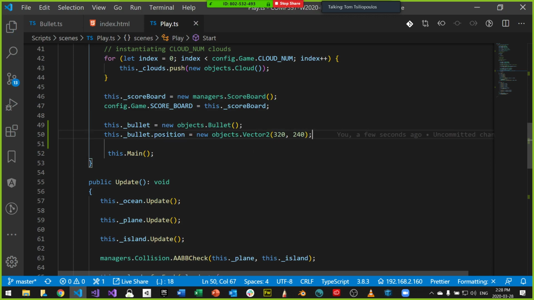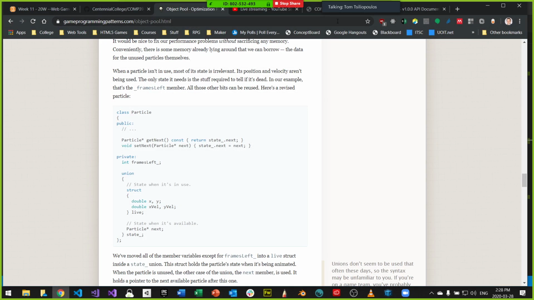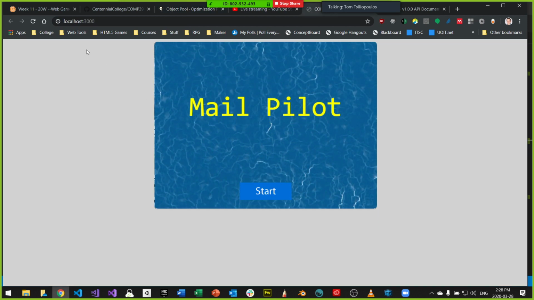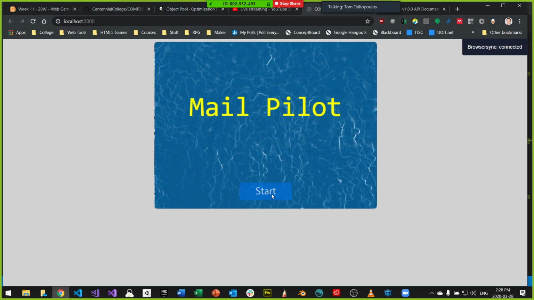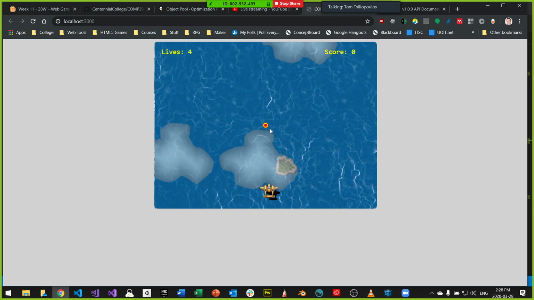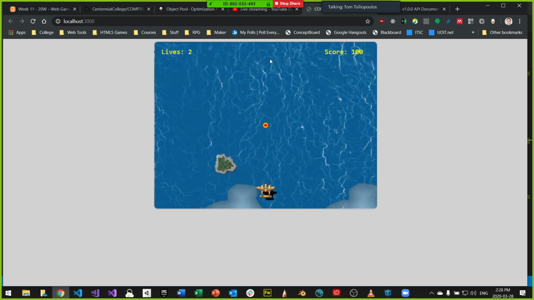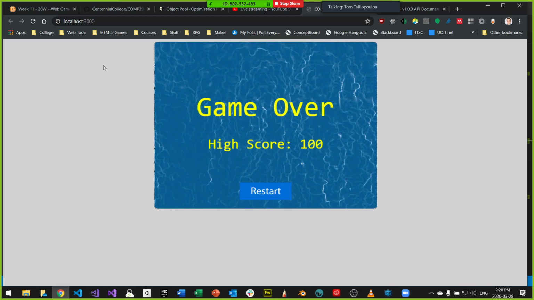So we're going to quickly see this bullet, and then it's going to go up the screen and disappear. So that's what it should do. Let's test it and see if it works. So again, going back to our screen here, let's go back to our game, and we'll refresh it one more time, and then start, and we should see the bullet. Hey, but what happened? How come the bullet didn't move? At least it's there, right?